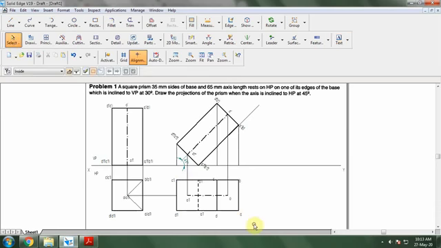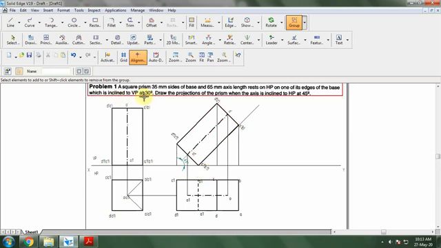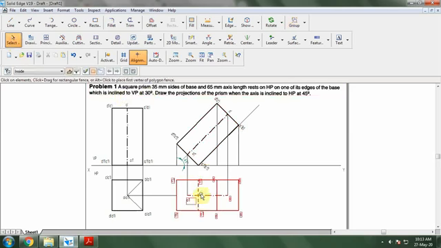So select everything and make it as a group so that I can use the same thing for the next projection. So now comes the third position. Third position is that on which it rests, that is the edge on which it is resting is A1, B1, has to be inclined to VP at an angle of 30. So if I take that edge A1, B1, this is the edge that has to incline at angle of 30 degree with respect to VP.